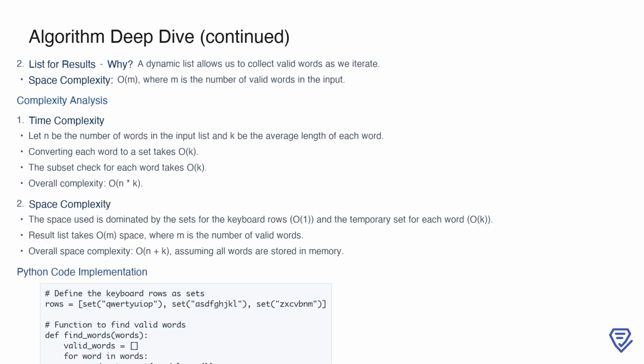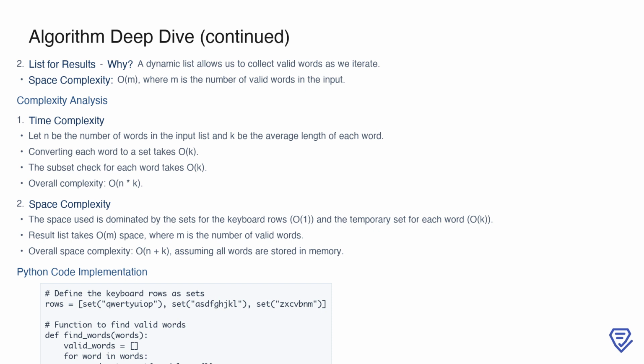The algorithm uses 2 primary data structures. First, sets are used for the keyboard rows because they enable fast membership checking and subset operations, making them ideal for this problem. The space complexity for these sets is O(1), as their size remains constant regardless of input. Second, a dynamic list is used to collect valid words as we iterate through the input. This list grows dynamically with the number of valid words, so its space complexity is O(m), where m is the number of valid words. Analyzing the time complexity,